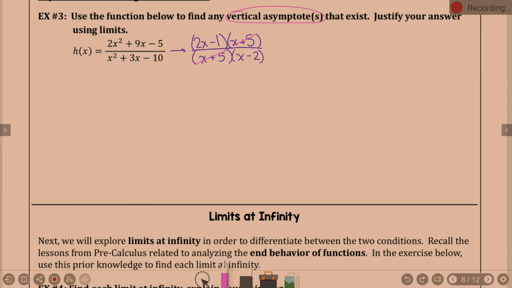So, I can say at x equals 2, there is a vertical asymptote. Of course, I just looked down at my notes and I abbreviated there, but there's a vertical asymptote because now